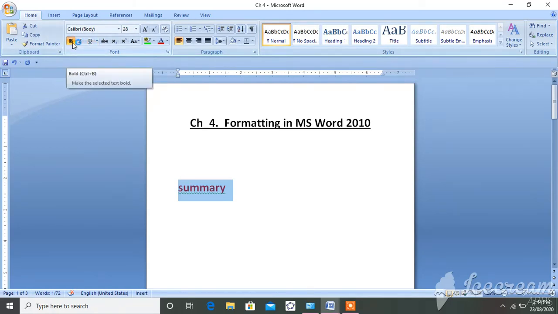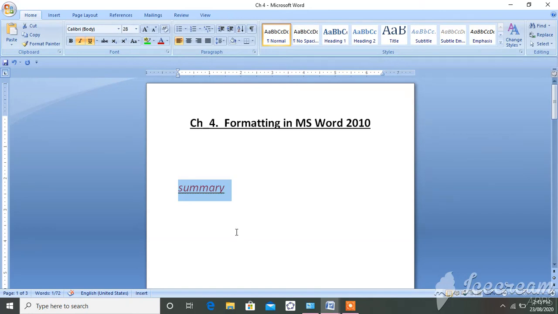Bold means the thickness of that character or word. See how it looks. This is bold, and this is after I remove the bold effect. Underline means a line is drawn below that word.